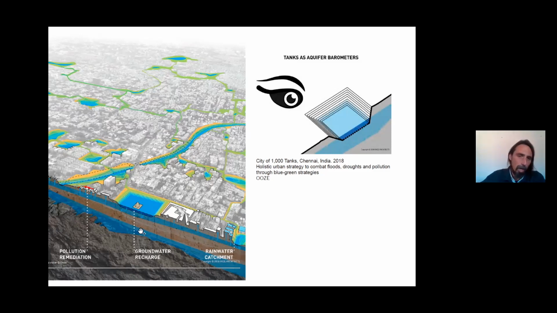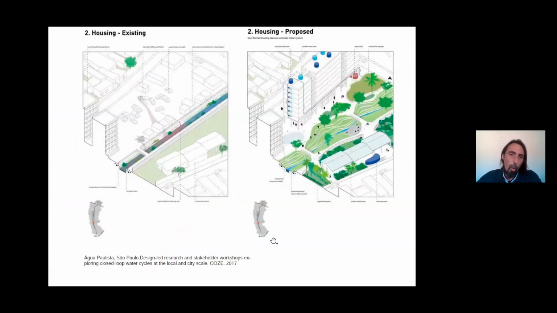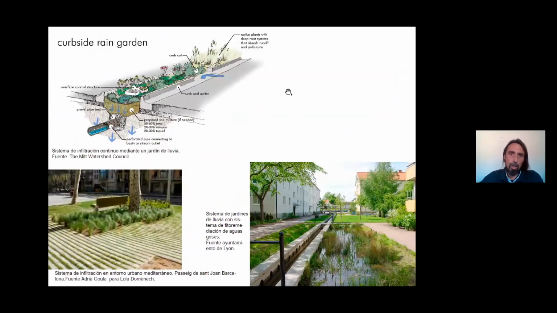Existing water tanks that became more formal with the English, and some mad projects as well, like in New York, where they consider the whole network as a complete network, or in Brazil, there are technical solutions, rain gardens, infiltration basins, and phytoremediation. So it's how to think about the town from the point of view of plants and their remedying effects.